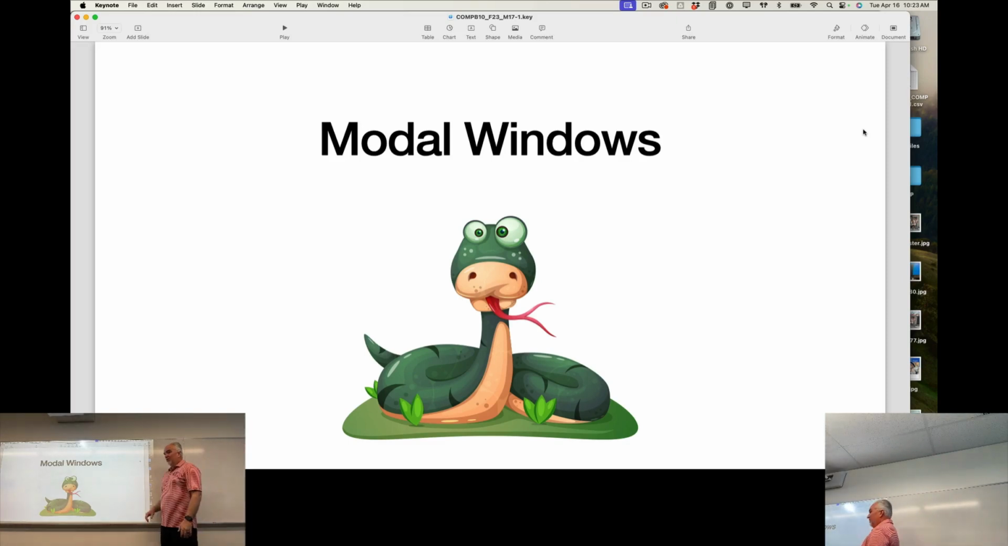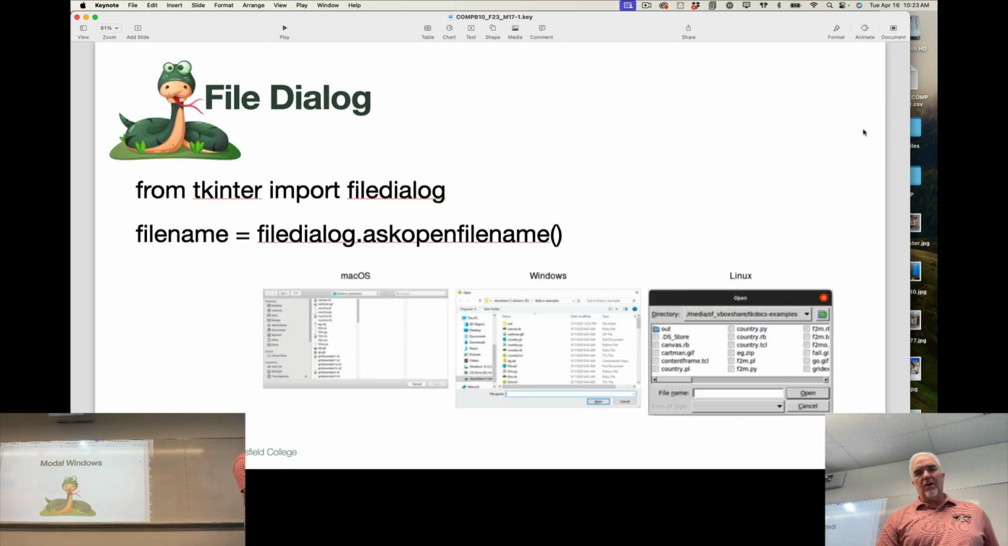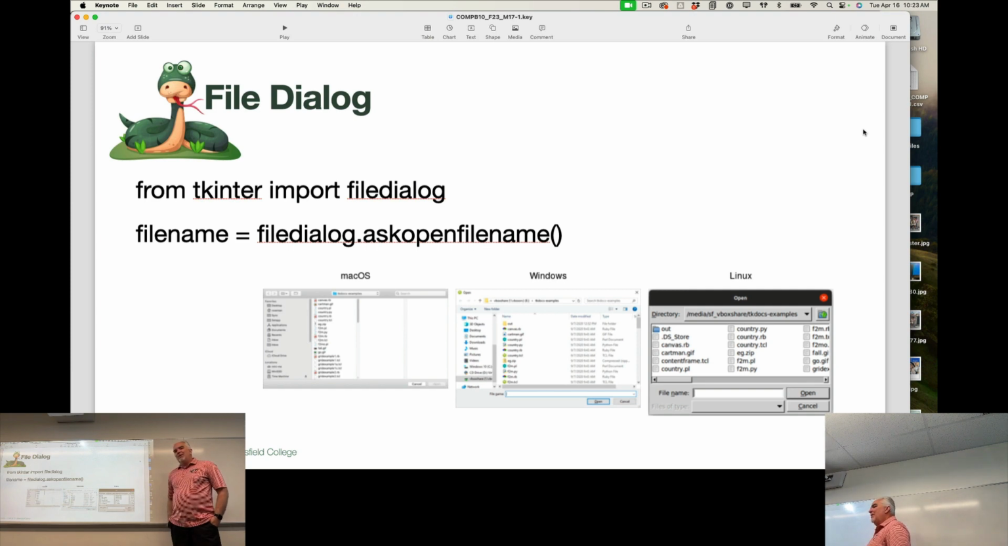Another really cool thing you can do with TKInter are called modal windows. Remember when we worked with files, how we have to worry about where that file is located, maybe putting it in the same location as our script. Well, now if I do this, from tkinter import filedialog, and then filename equals filedialog.askopenfilename, it will open my system's file dialog box where I can navigate anywhere on my computer